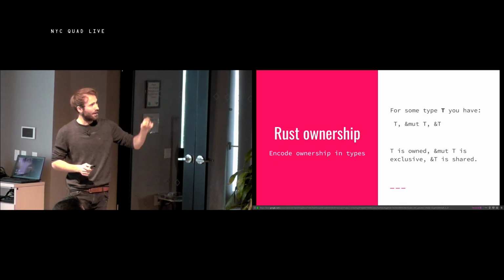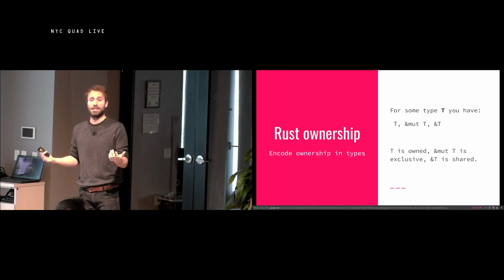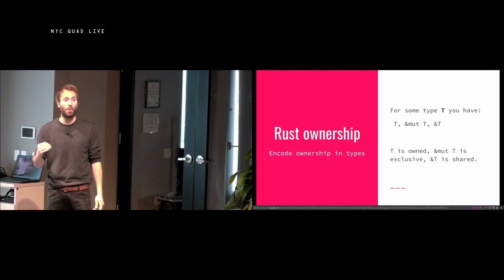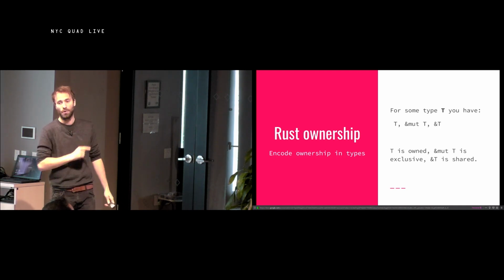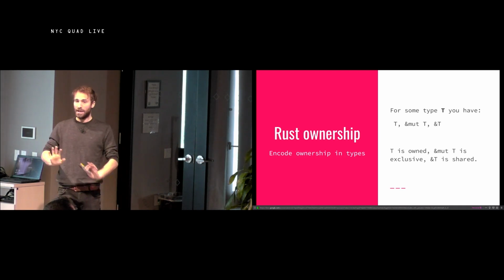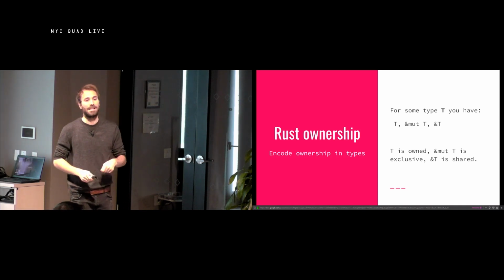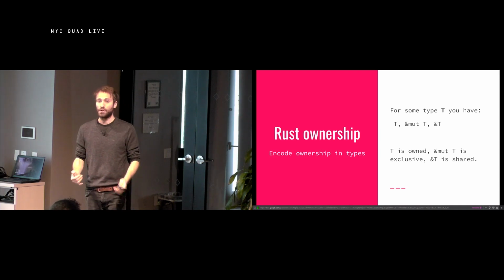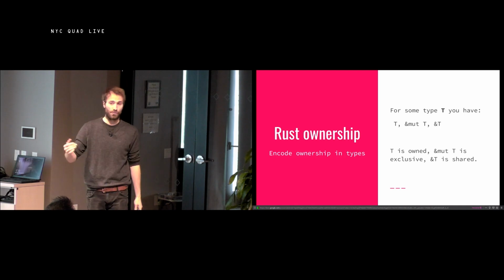You can have a mutable reference to T. That's how to read that second part. A mutable reference to T is just like a pointer to T in any other language, but with the additional contract or the additional guarantee that no one else is able to read or write that T. As long as you have that mutable reference, you have exclusive access to that T. But you do not have any responsibility to free it after. You're just borrowing it. The last type is an immutable reference to T. It is also just a pointer to T, but with the additional contract that you are not allowed to modify T, because there are going to be other people who are also reading T.